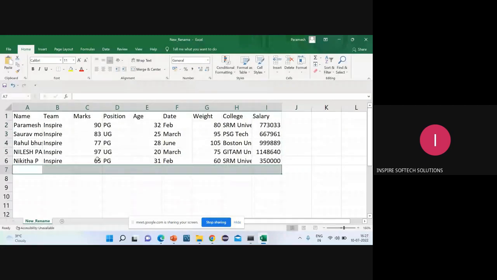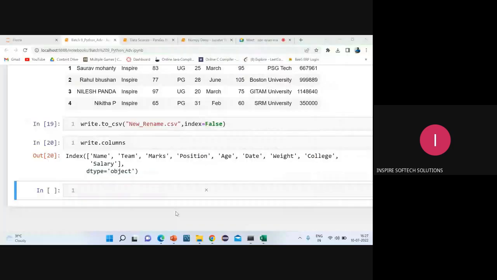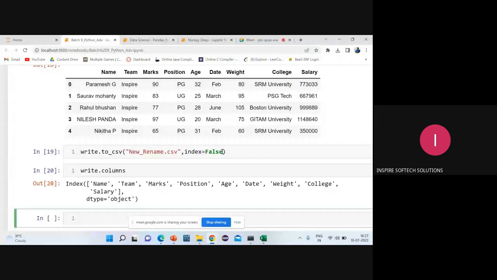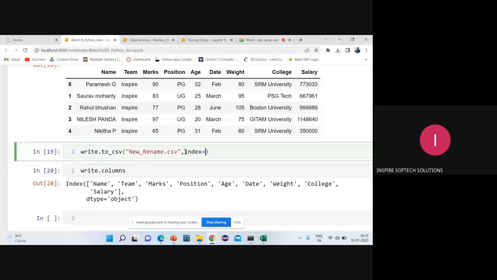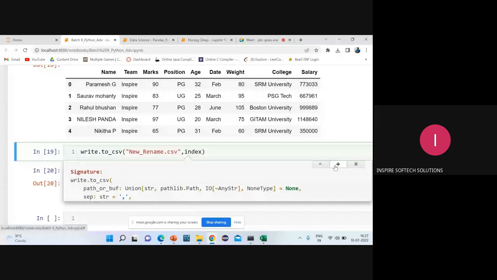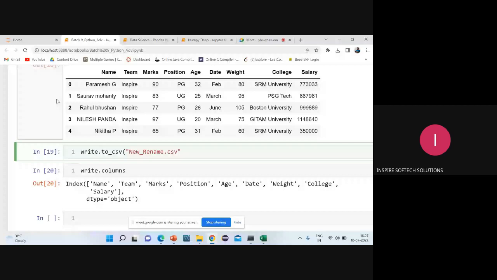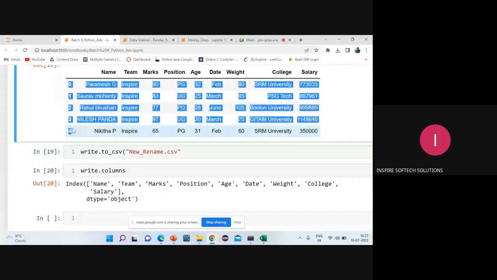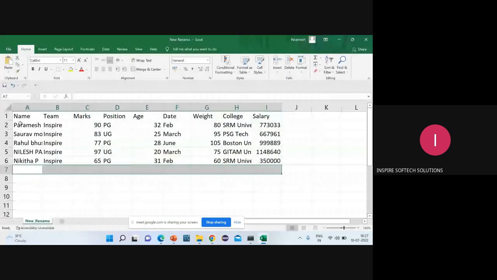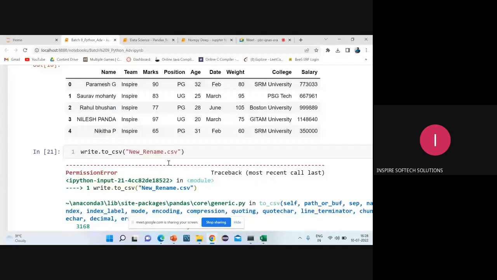Index is nothing but that zero. Yesterday, normally, if you're not setting this to false, by default index will be true. Index is nothing but 0, 1, 2, 3. The 0, 1, 2, 3, 4 is there, right? So even this is going to be my data, right? Why is it not reflected here? Index is not there. But now, if you are giving it like this, okay, permission error.